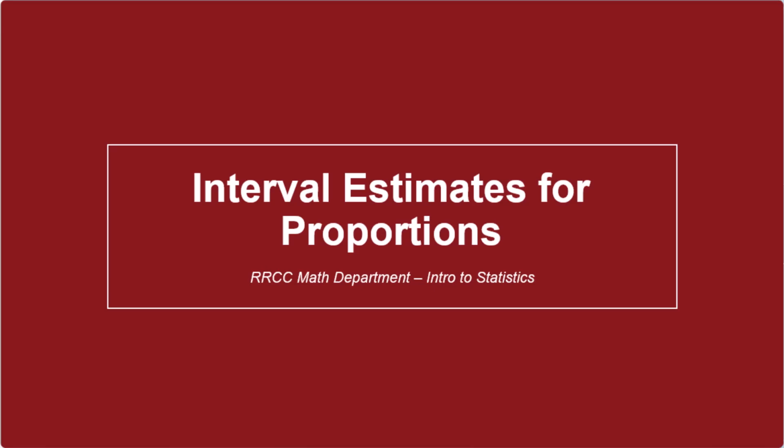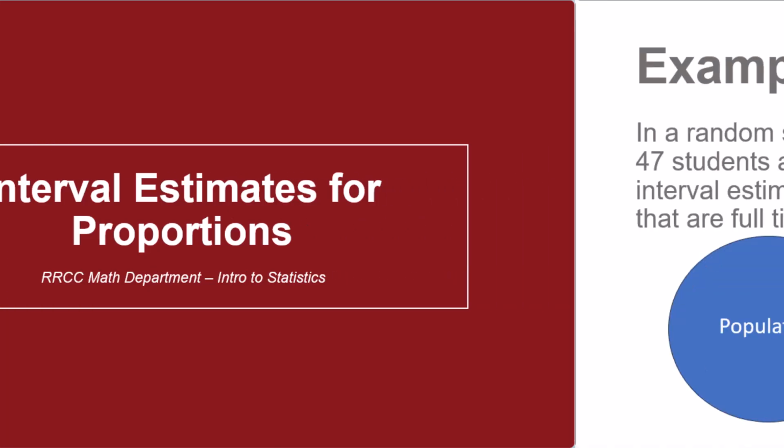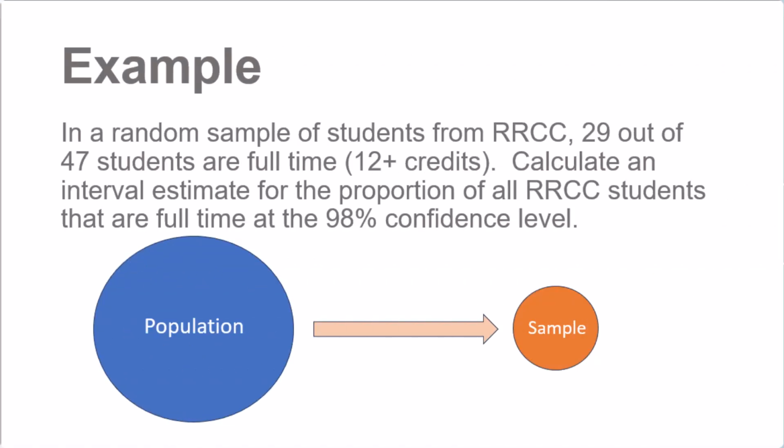Everyone, in this video we're looking at an example of how to calculate an interval estimate for a proportion. So here's our example. In a random sample of students from Red Rocks Community College, 29 out of 47 students are full-time, meaning 12 or more credits. We want to calculate an interval estimate for the proportion of all Red Rocks students that are full-time at the